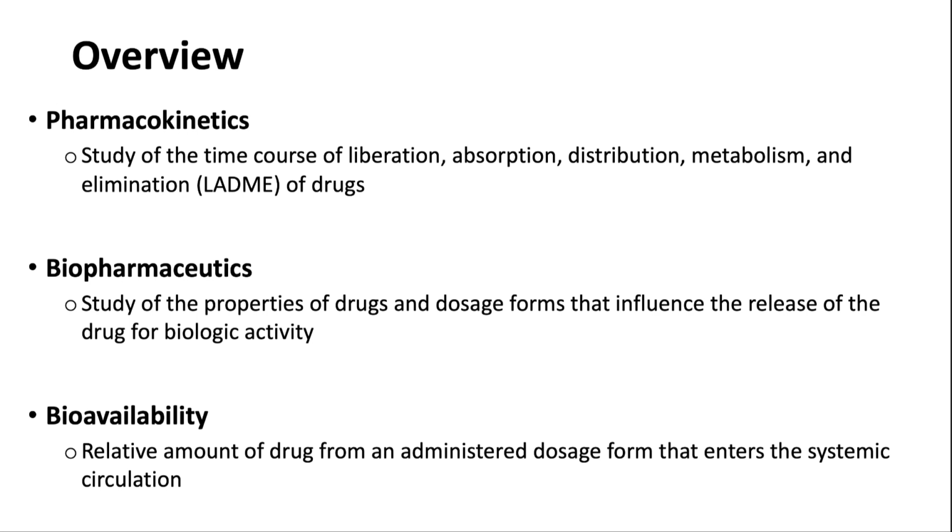Once it gets absorbed through the stomach and into the blood, then the blood has to distribute it. The blood will take my ibuprofen throughout my entire body into a couple of important places. First of all, my head, where my headache is, so it can produce its therapeutic effect. But in this distribution, it also ends up in places like the liver. The liver has the very important job often of metabolizing or helping to change the drug so that it is ready to be eliminated. This elimination often occurs either back through the GI tract or through the kidneys, through renal elimination into the urine. And so pharmacokinetics basically characterizes all of these processes using mathematical and statistical models,